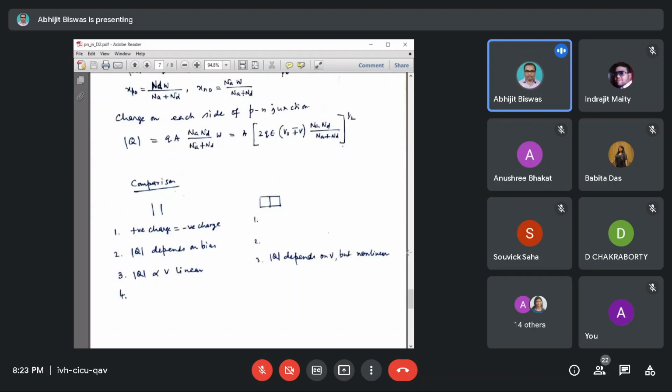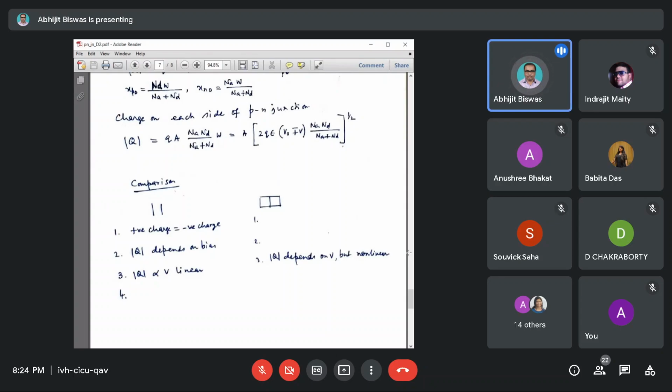Okay, now Q, meaning the Q on one side, the Q of the depletion region. In the case of junction capacitance it depends on bias, and similarly you know that for a parallel plate capacitor, Q equals CV. The Q depends on bias and it depends linearly on bias. In the case of a parallel plate capacitor, the charge on the plate, Q, is equal to capacitance times the voltage across the plates.